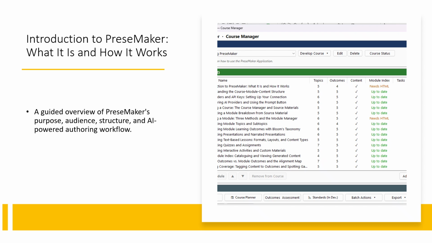Over the course of this presentation, we'll walk through everything you need to know to get started, including what PreseMaker is, who it's built for, how it organizes learning materials, and how the authoring workflow actually operates from start to finish. We'll also look at how AI assistance is woven throughout the process to support you at every step. By the end, you'll have a solid, clear understanding of what PreseMaker does and how it can support your course